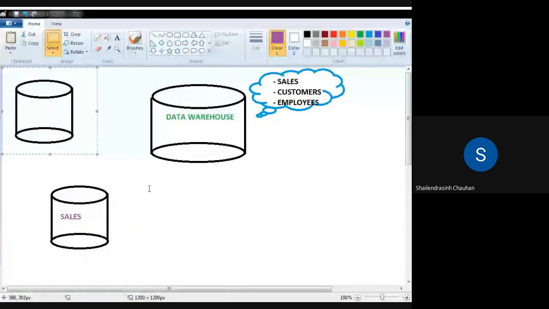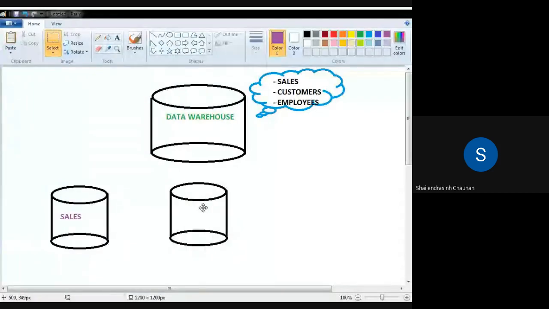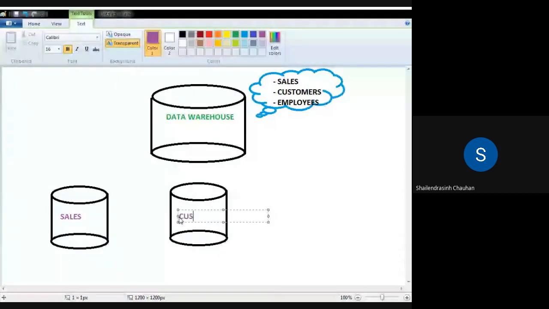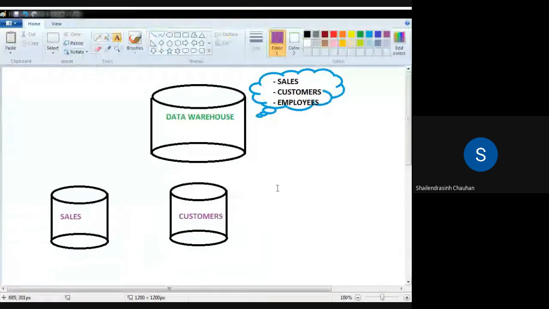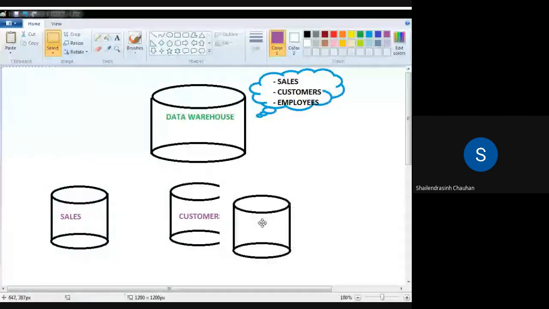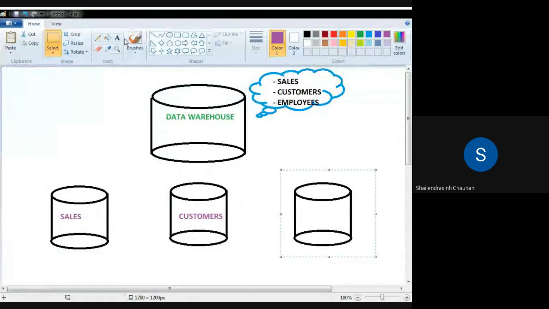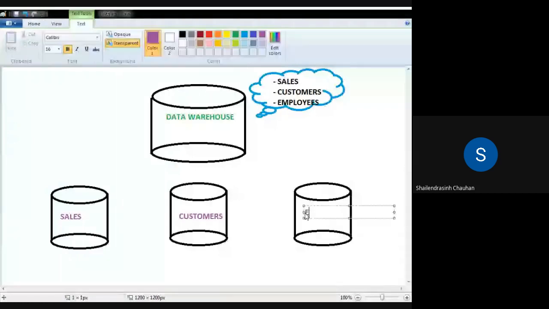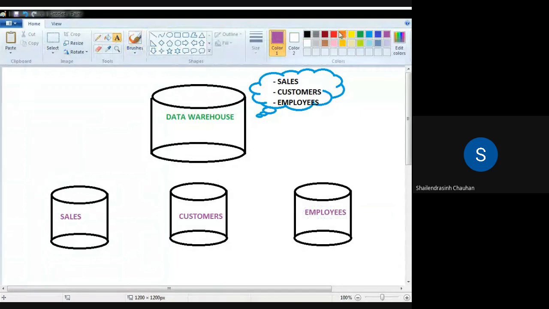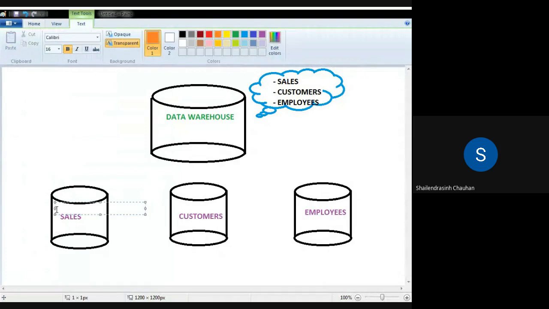Second data mart that you can have can be of customers. Third data mart that you can have will be of employees. So all these things are data marts. This is data mart of sales. This is data mart of customers, employees.